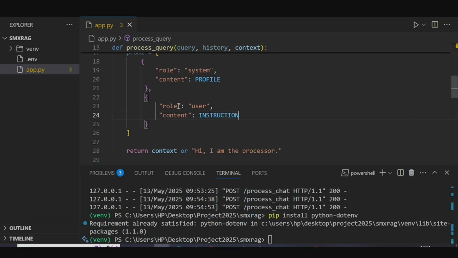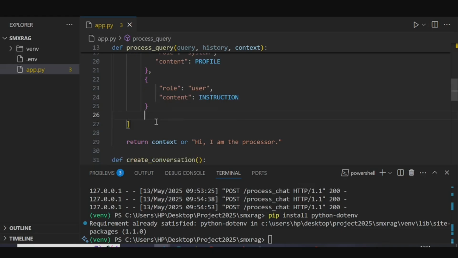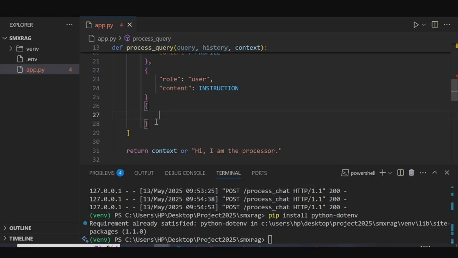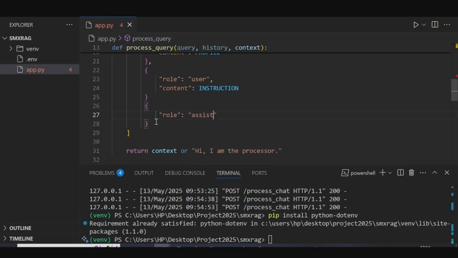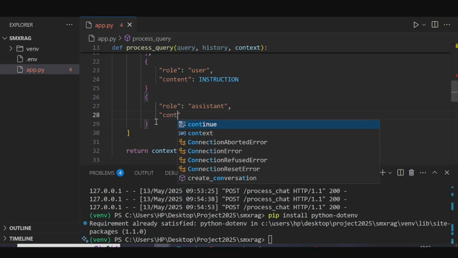Okay, that's done there. The last one, but not the least, actually the list. So what we need to do is, this one will be role again, role assistant, comma, content,